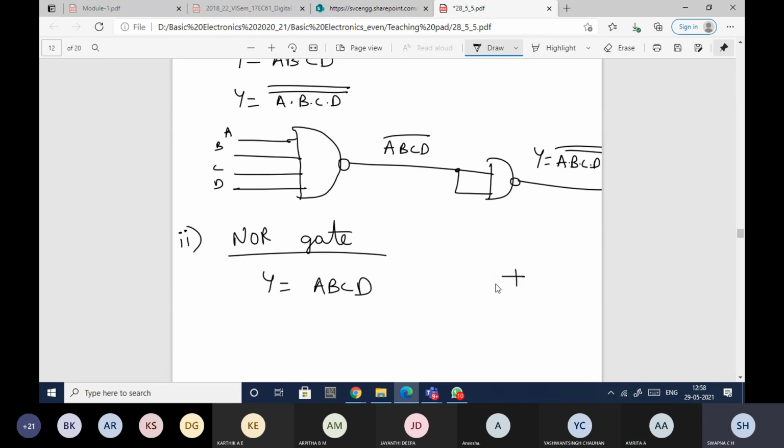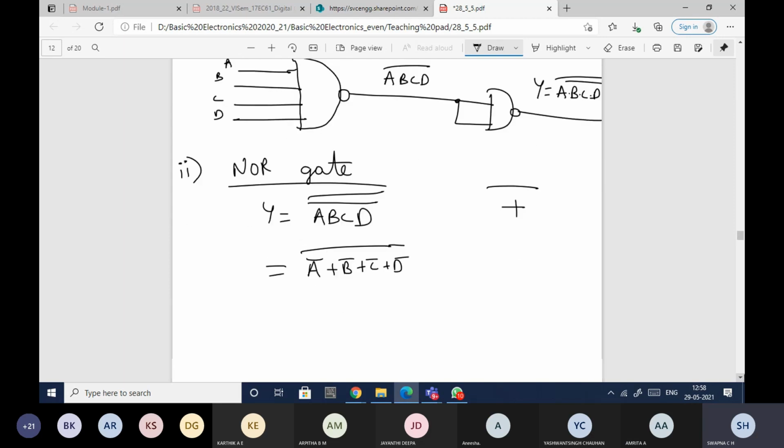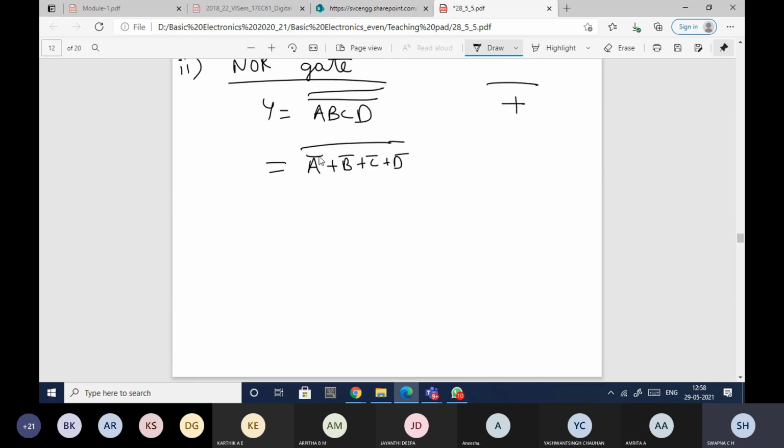Here the logic is you need to have plus and complement. So I don't have plus double complement. So one complement I'll keep as it is, and the second one I'll just try to expand. So it will be A bar plus B bar plus C bar plus D bar. So I'm able to implement it because I have plus in between. I know how to get A bar, B bar, C bar, and D bar, and this plus this whole bar. So I can just easily get it.